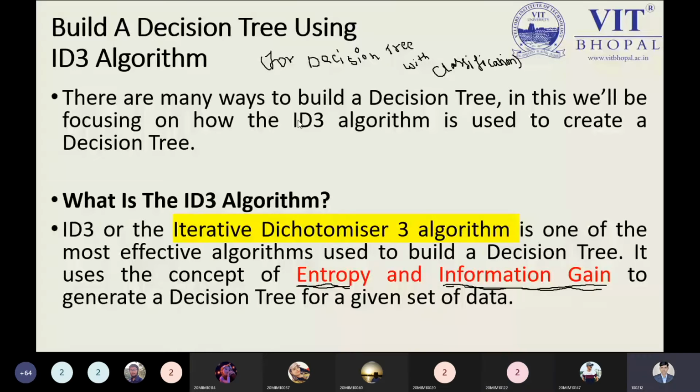Iterative dichotomizer means we have to select the best feature, but it is iterative, so this process will not end here. How is it iterative? Just look at our example from a few minutes ago. First, you selected the color feature and split your data based on color. Next, you move to the height feature, so you select another best feature by which you can split your data.